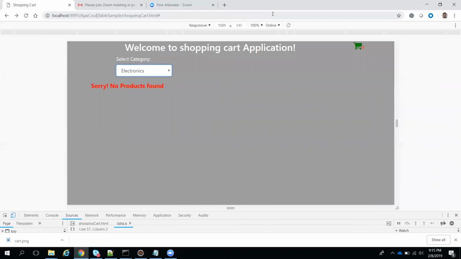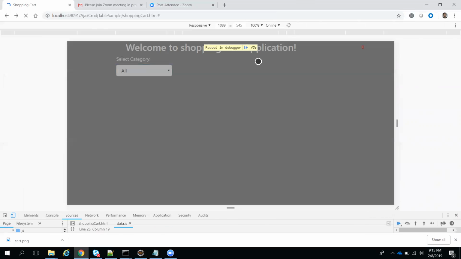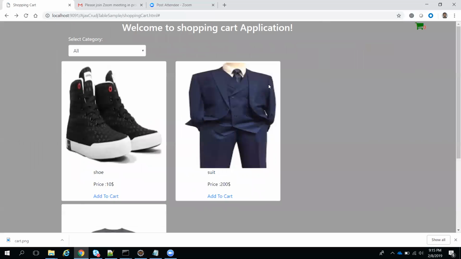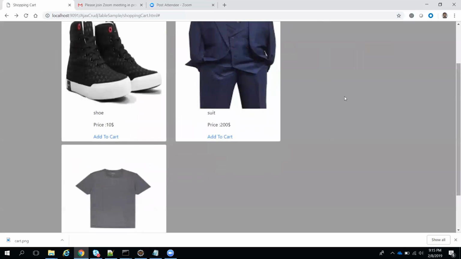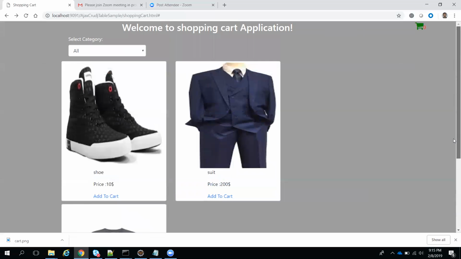Okay, now I will tell you one extra main thing. Just I will remove these debug points, and after that, whatever changes I have done, I added some price tag here, and when you click on add to cart, there is an option I have given. So when you click on that, here if you observe, the count will be increasing. When I click add to cart, this count is increasing, you see.